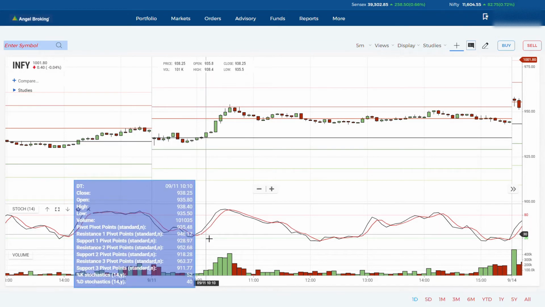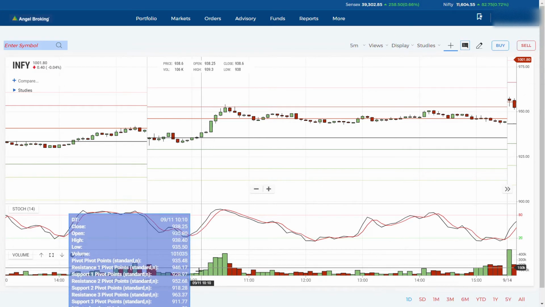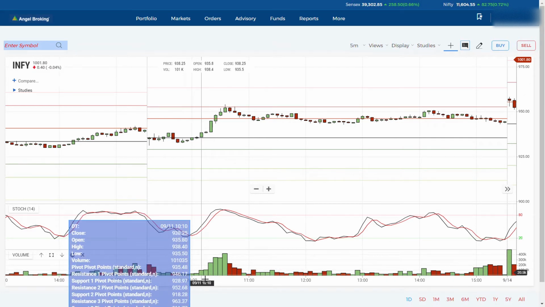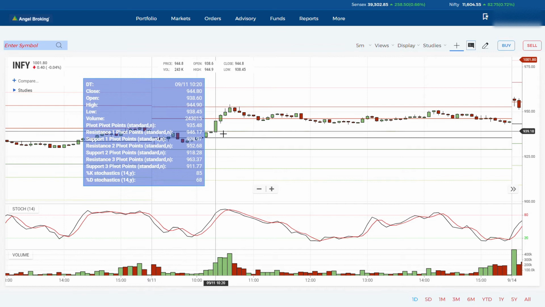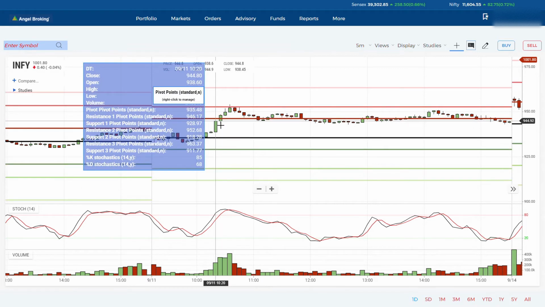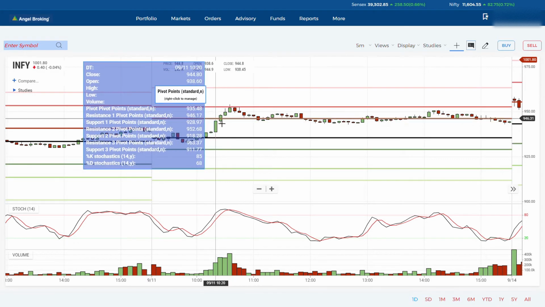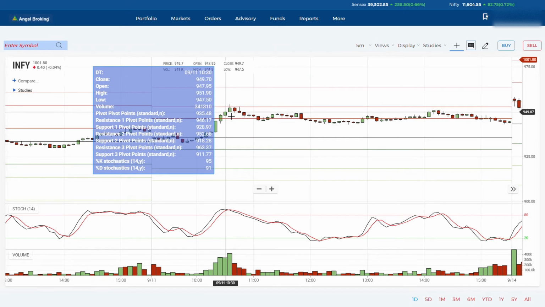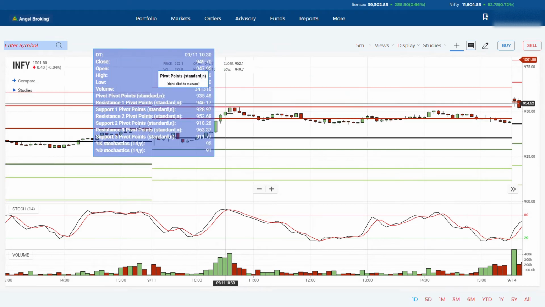Okay, it is going up. It gives a good signal. You are checking the volume. Yes, it is giving a good signal. Yes, it is going up. It goes near resistance one. It is able to cross resistance one. Again, it is going up, and here it hits resistance two, and it's getting a rejection.